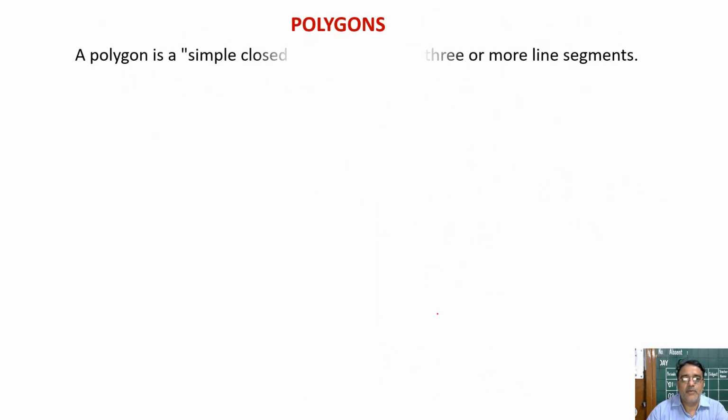Now let us start with the definition. Polygon is a simple closed curve formed by 3 or more line segments. Right? Why 3 or more? Because we cannot close with the help of 2 line segments. 2 line segments से हम लोग क्लोज फिगर नहीं बना सकते हैं, इसलिए हम लोग को 3 और मोर लाइन सेगमेंट्स की ज़रूरत है.